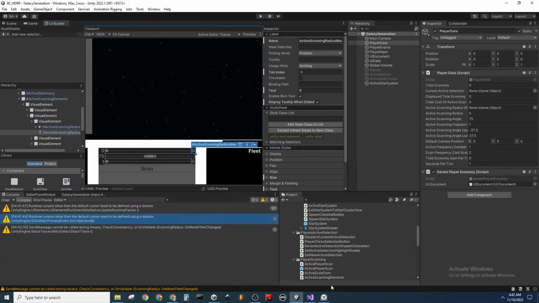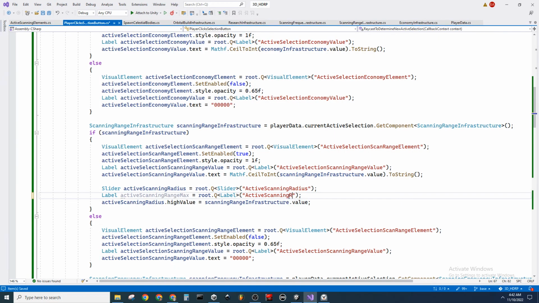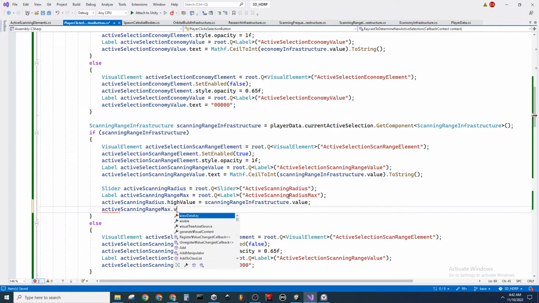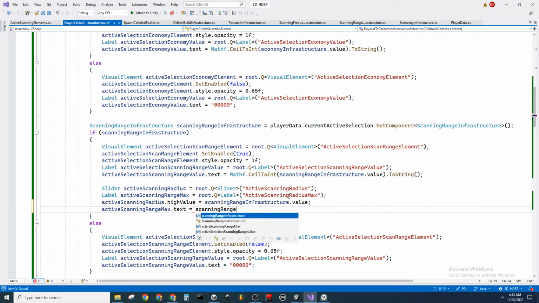Active scanning radius max. I have to take that value and set its text to be scanning range infrastructure dot value dot toString to the same degree, and it will,